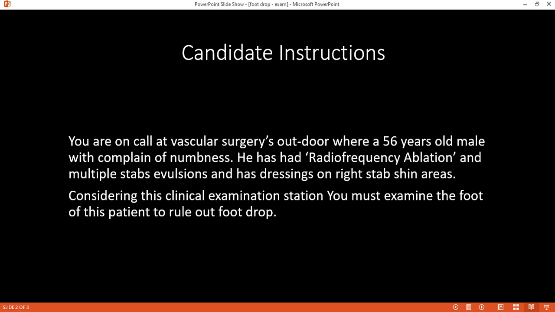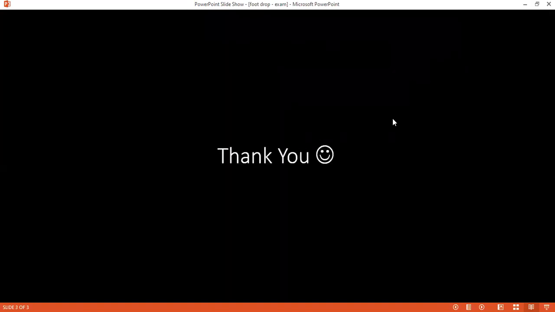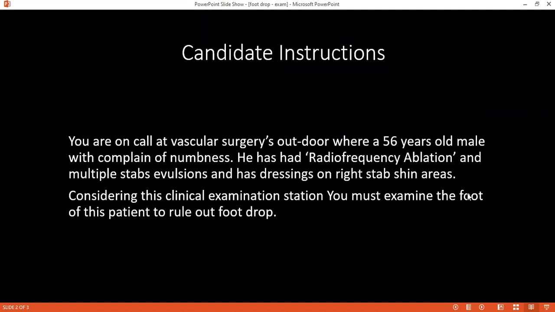And the patient will be in which position? Standing position firstly, then I will examine in supine position. In the standing position, I will look at the patient from anterior for any muscle atrophy, any deformity of the leg, any scar. There is a scar here for stripping of the vein, and dressing, I will comment on this. I will let the patient turn to the lateral side to see from the lateral and also from the posterior,